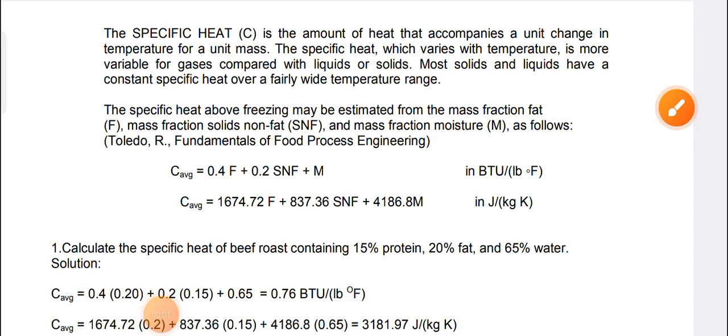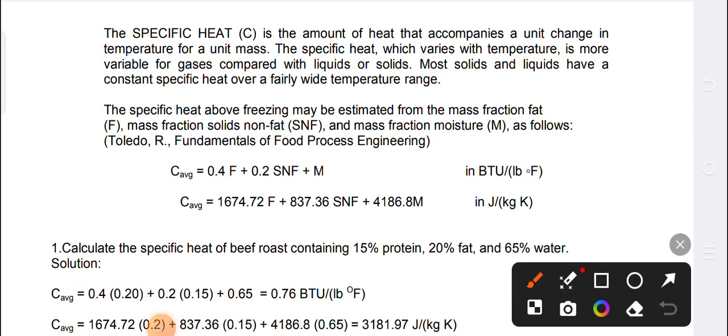Okay, let's have specific heat. So specific heat refers to the amount of heat that accompanies a unique change in temperature for each unit mass. Ibig sabihin nito, this is the heat required for a substance to be raised or lessened in its temperature per unit mass. So that's why ang unit natin ay joules per kilogram per Kelvin or BTU or British Thermal Unit per pound